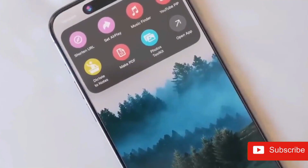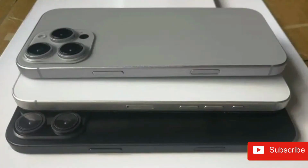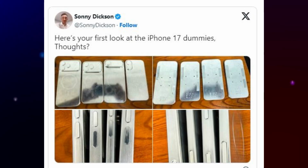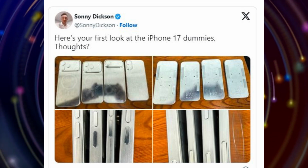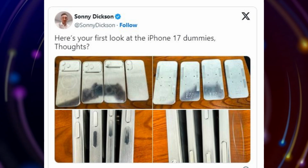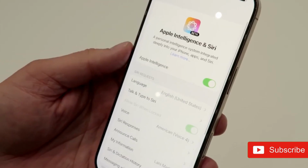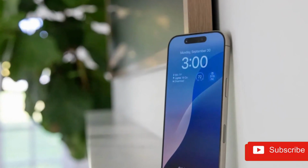The most important design changes Apple's next smartphones will show as more details about the iPhone 17 family become clear. Longtime Apple leaker Sonny Dickson has exclusive photographs displaying the design of the iPhone 17, iPhone 17 Air, iPhone 17 Pro, and iPhone 17 Pro Max. Apple is supposed to reveal the range in early September 2025, but many of the new features are visible right